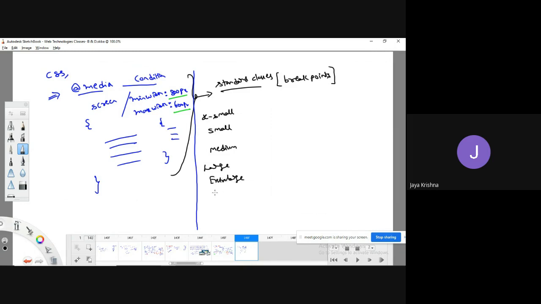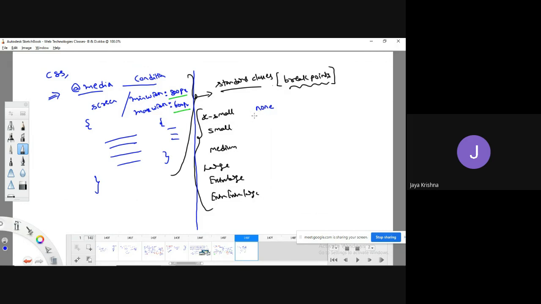These screen sizes are available to us as standard classes, and these points we call breakpoints. How is extra small defined? It is defined with nothing. If you don't define anything, it will be considered a small device only.